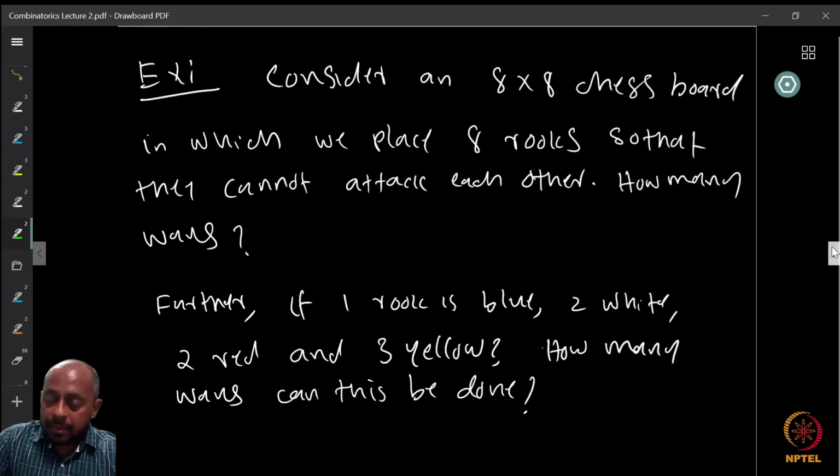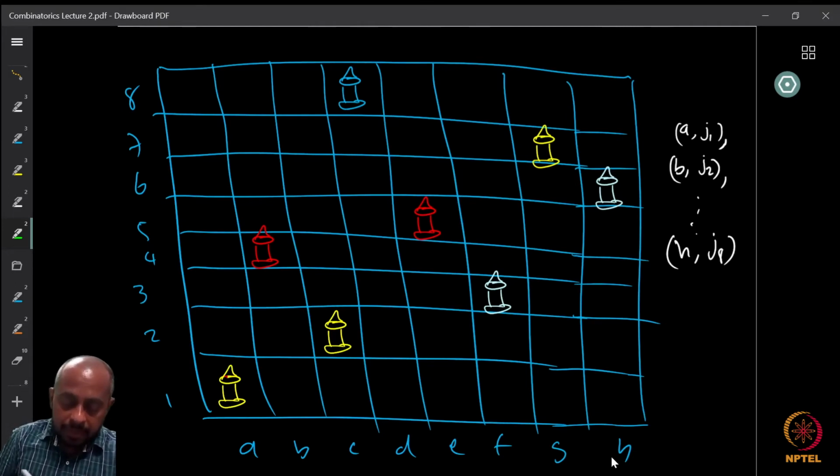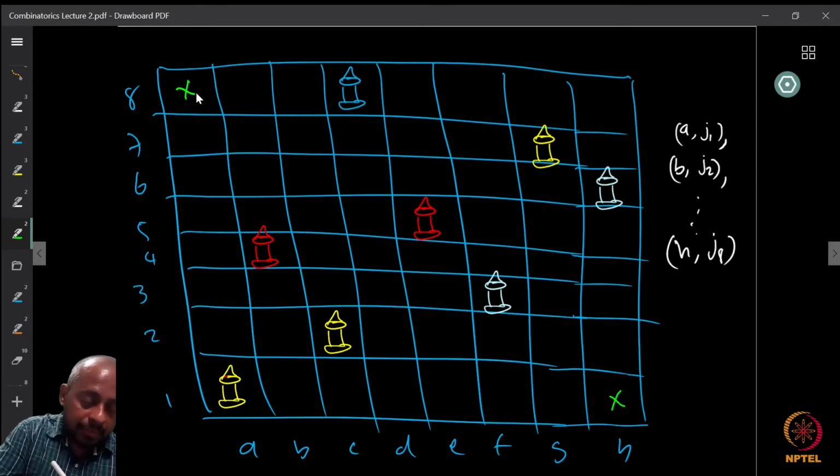So here is our chessboard. A chessboard is usually labeled with A, B, C, D, E, F, G, H. The person with the white pieces will sit here, with a white corner here and a white corner there. I am giving colors and all, but don't worry about that. Then A, B, C, D, E, F, G, H is written on the side where the person with the white color sits, and on the opposite side the person with the black color sits.